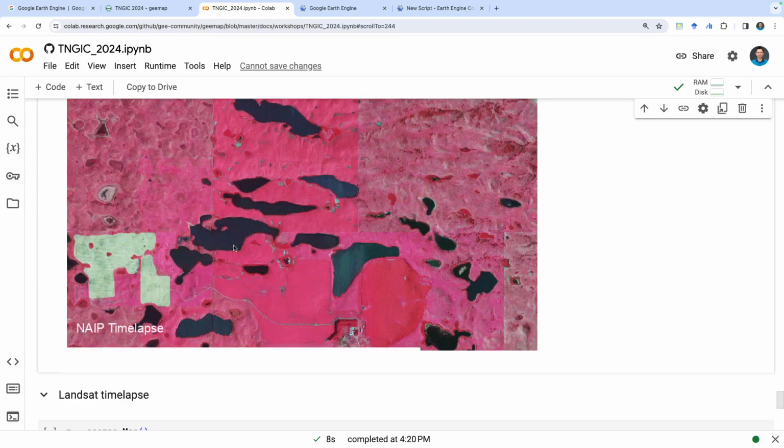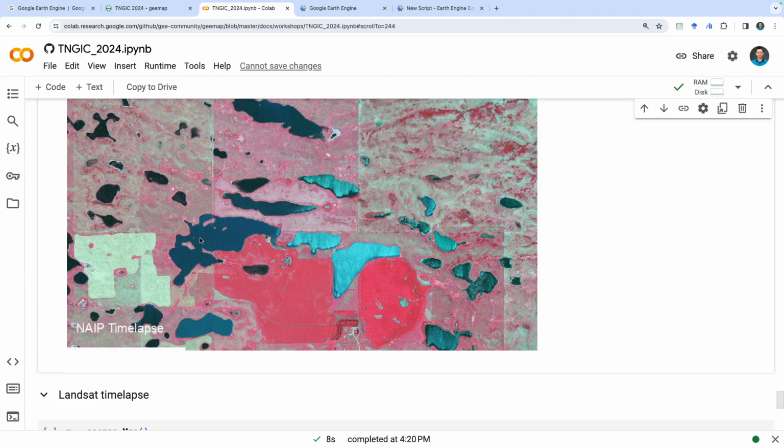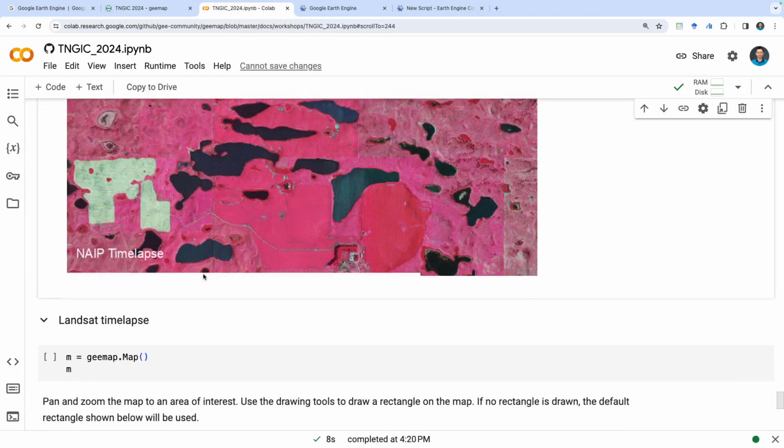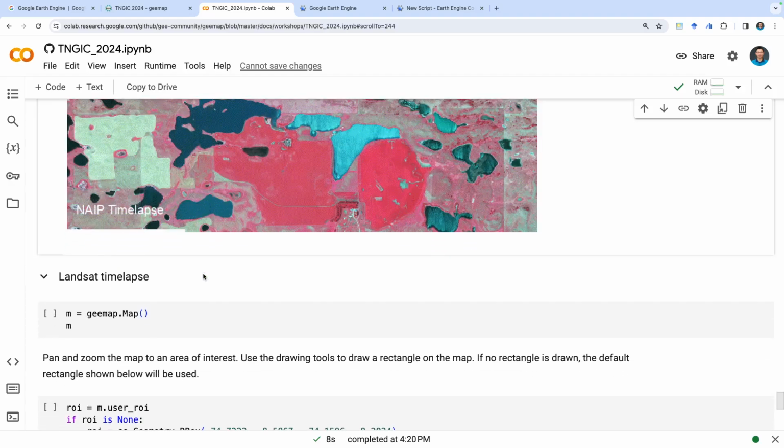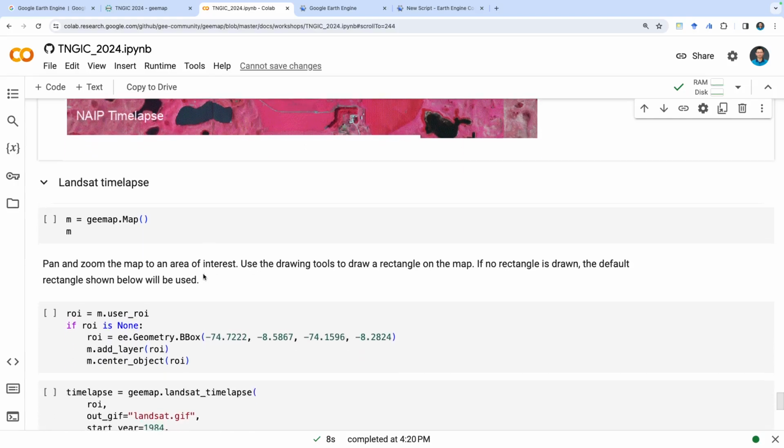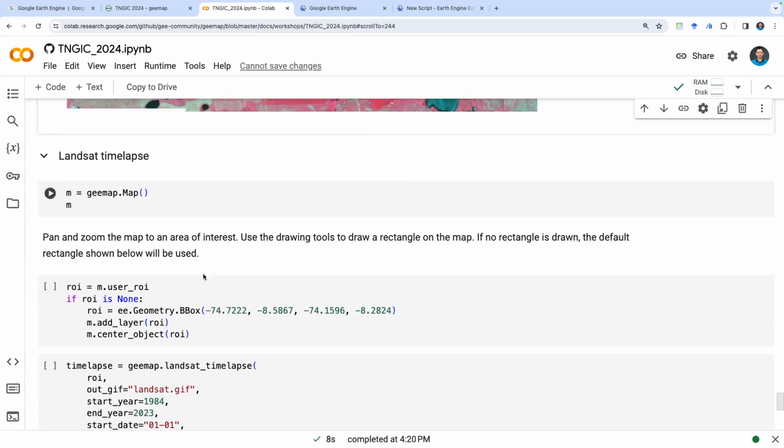You can see some of those wetlands, right? In the wet year, in the dry year, you can see how it's merging, how it's splitting. And besides, you can use any satellite data, any time series. So the next one here shows you the